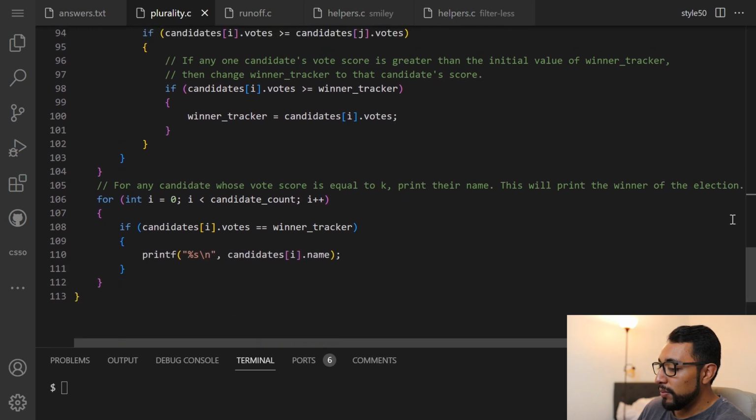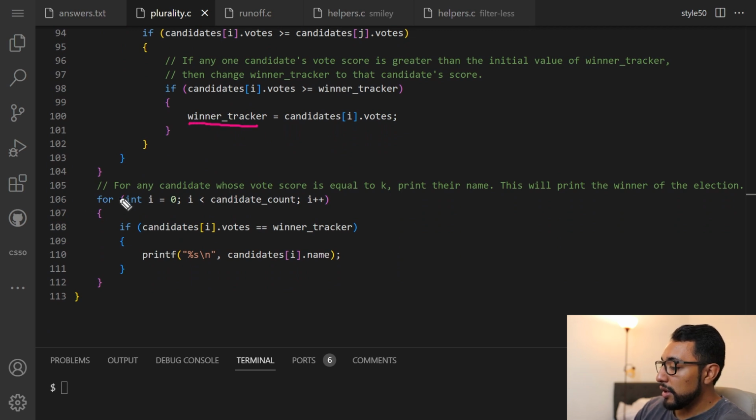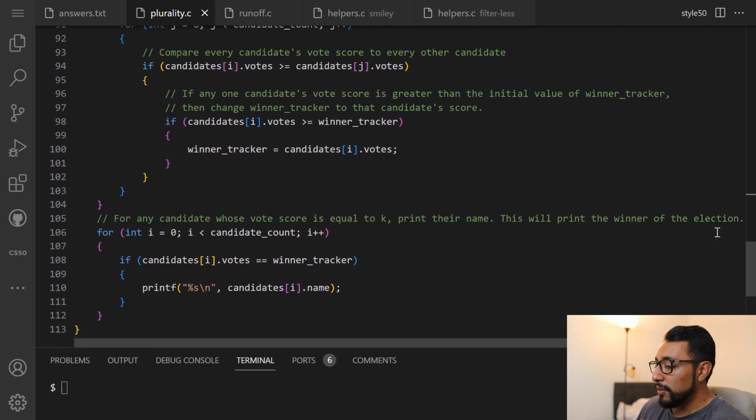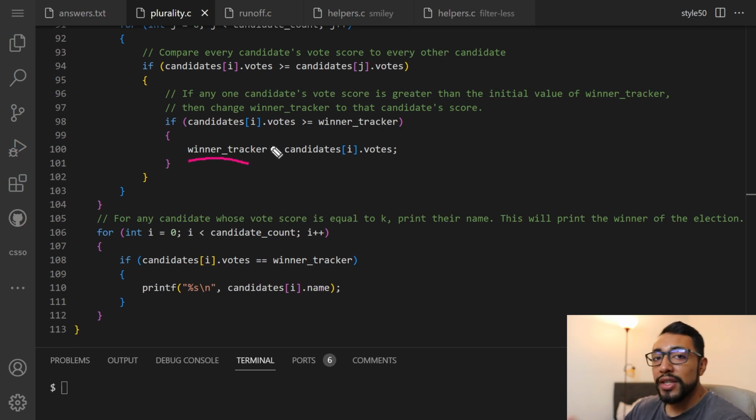And then down here, now that we have winner tracker done, we're going to loop over the candidates again and see which candidate's vote count is identical to winner tracker. Whoever does that is going to win. It might be that there is a tie, but this will account for that, no problem. Because if 2 people's vote counts equal winner tracker, let's say that 2 people both have 5 votes, then this loop will actually print both their names,